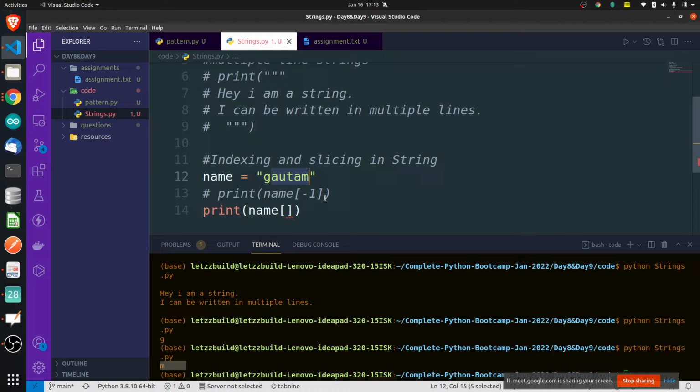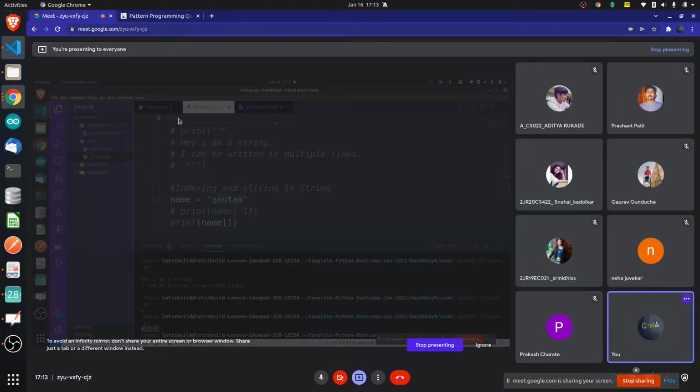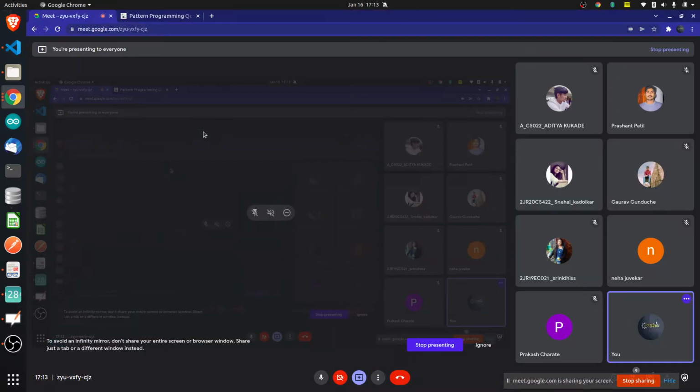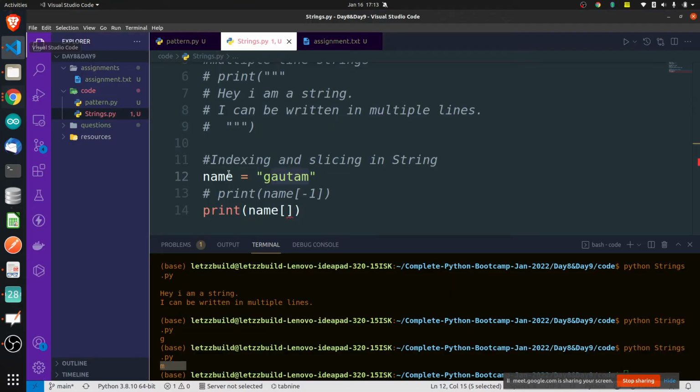Where should I write? Print name, A, then that symbol. Which symbol? A, like this.